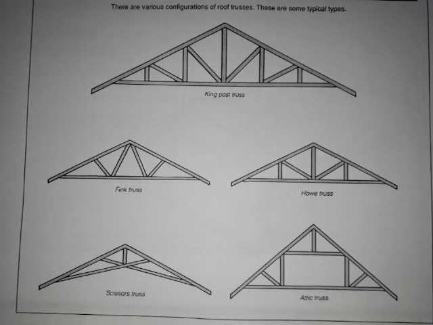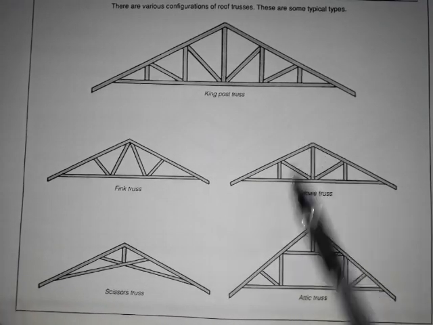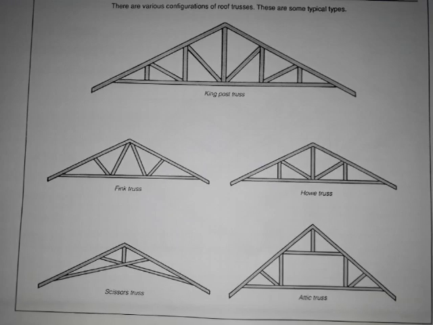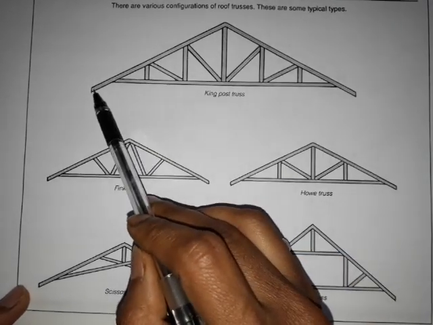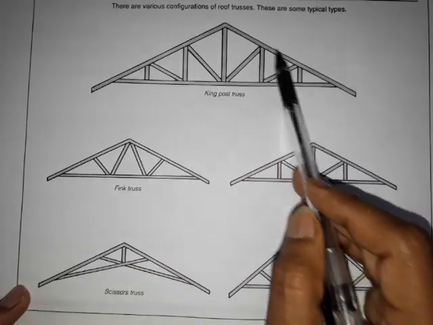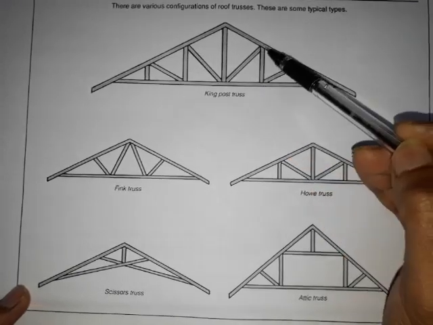Basically truss is provided in industrial structures, shelters, sheds, warehouses, or railway stations or bus stations, everywhere. So these are the typical types of truss configurations generally used in any type of structure. We have the first, that is king post truss. In the king post truss, what you can see, again we have the inclined member, the bottom chord, the vertical members, and the struts here.